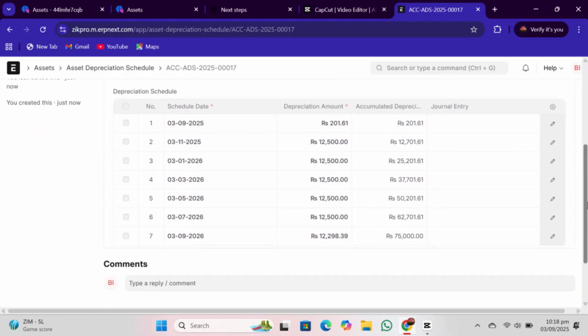Now, if we just look at the accumulated depreciation by the end of the depreciation period, it is 75,000. That is the same as we just looked into, which is the summation of the individual values of the components that this particular projector setup has been made up of. We see that again it's a straight line thing, and it has